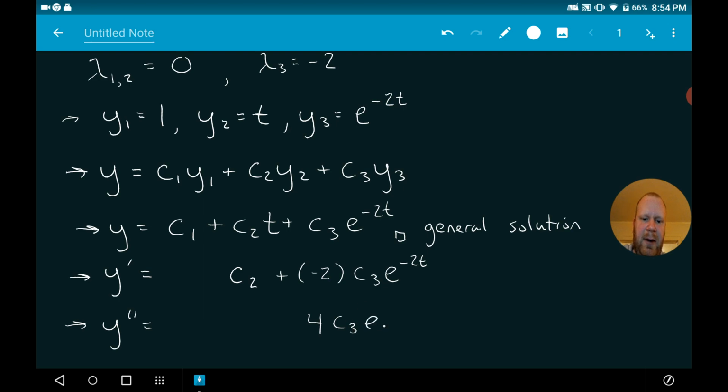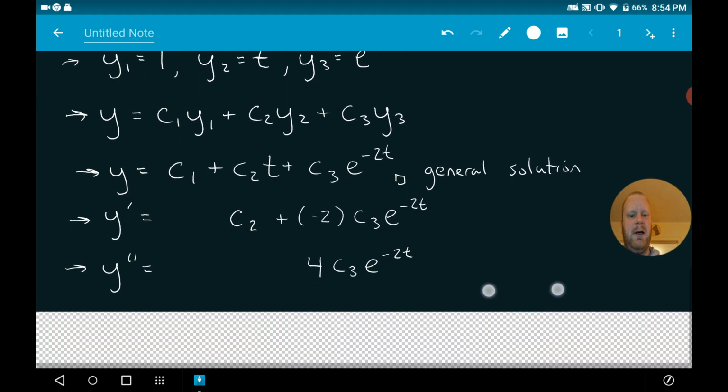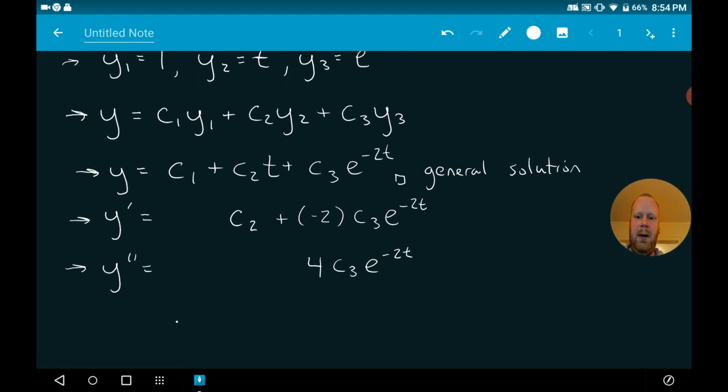And so what I'm left with is 4 times C3 e to the negative 2t. So now we're going to impose those points. So we have that y of 0 is equal to, let me remind myself,